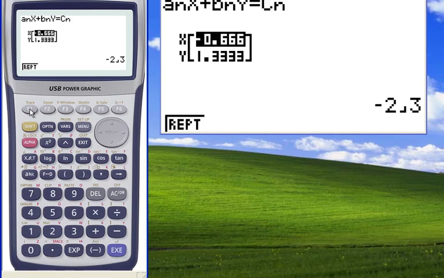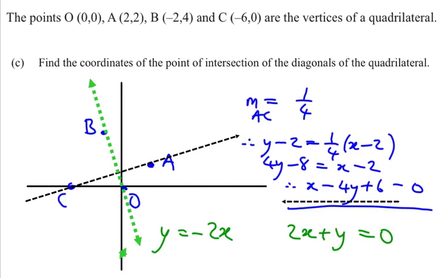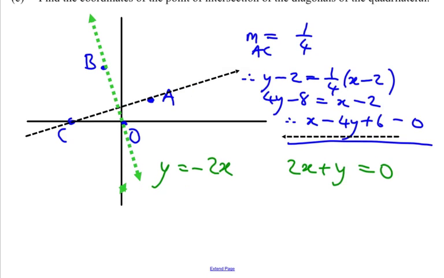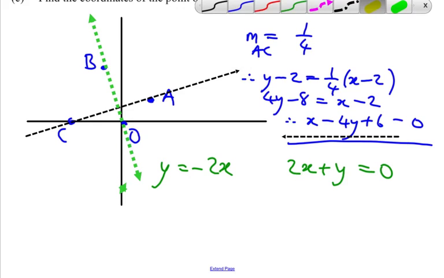Now, basically, our calculator has done what would be a little bit tedious because of the numbers. It's come up with negative 2/3 and 1 1/3 as the answers. So we would write down, going back to here, this battery could be running out, of course, that's always another one. So the answer to our question